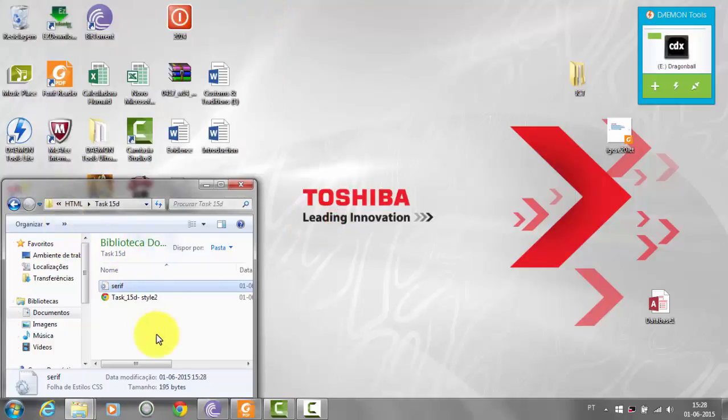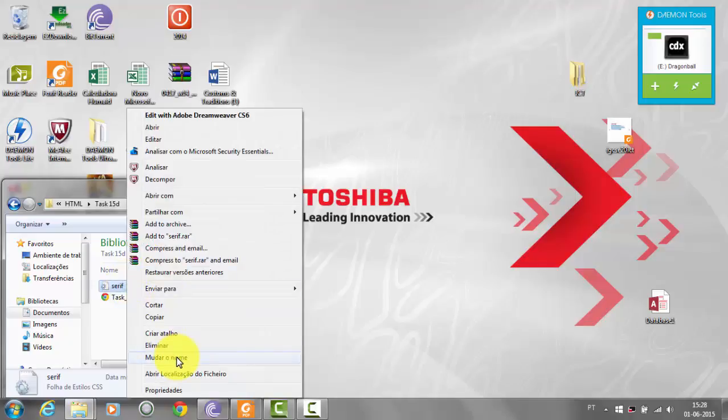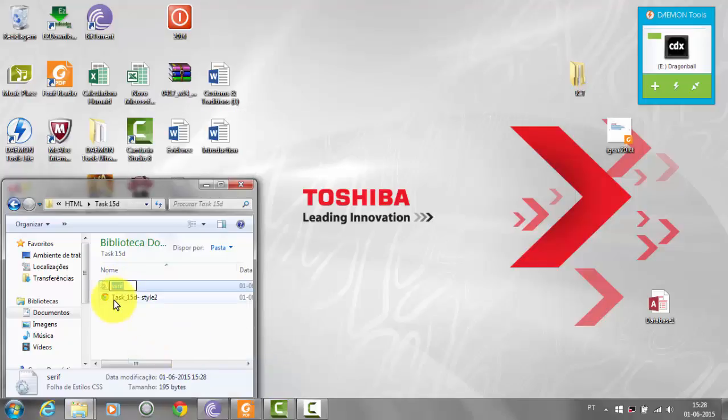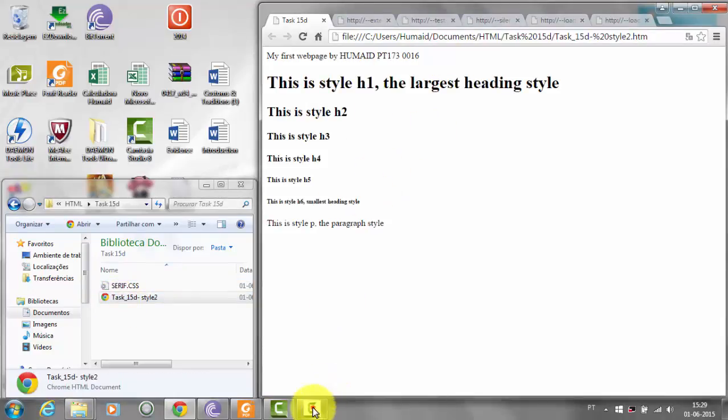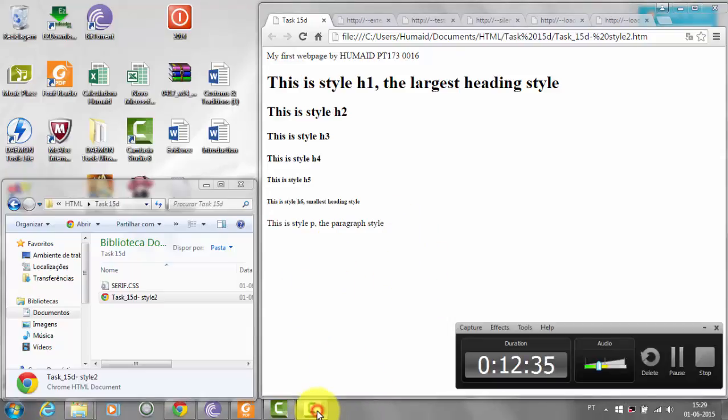Save and put the name serif point css. And now you can see the effects that are made.